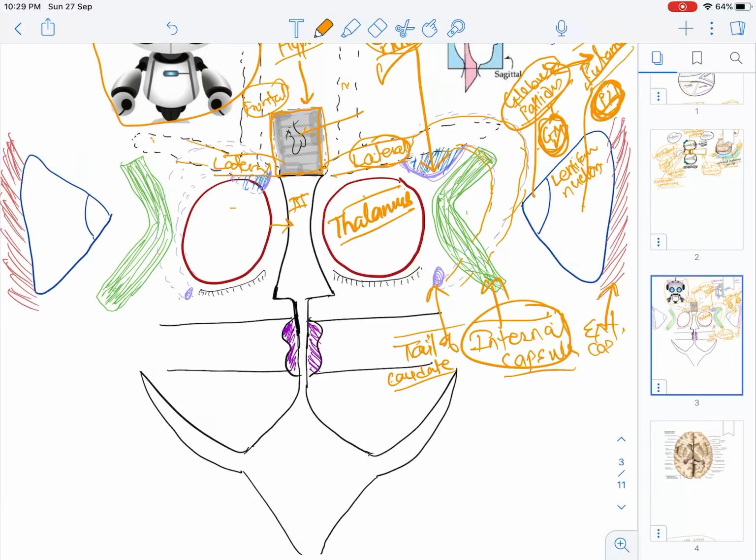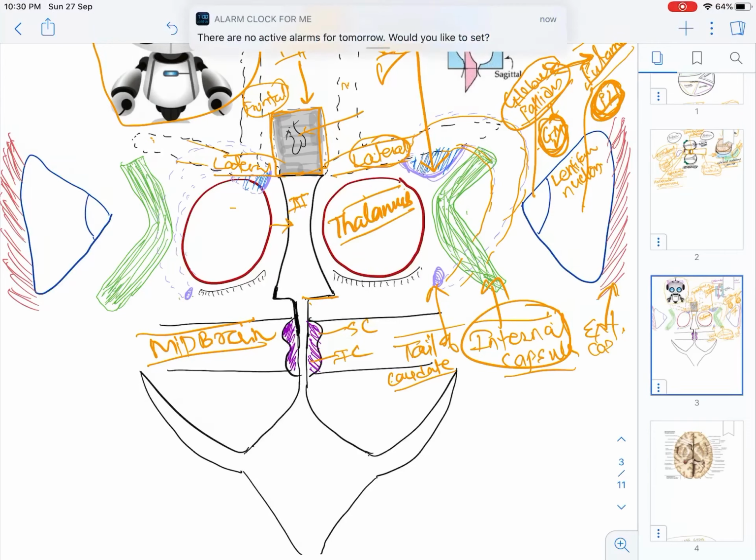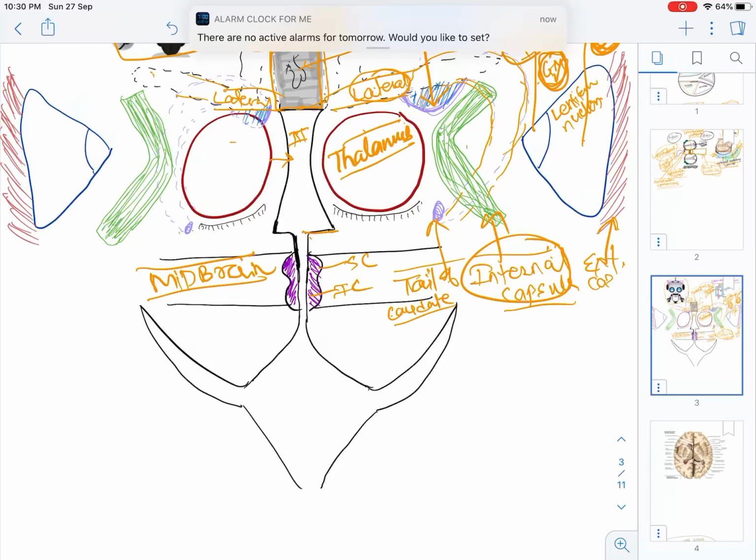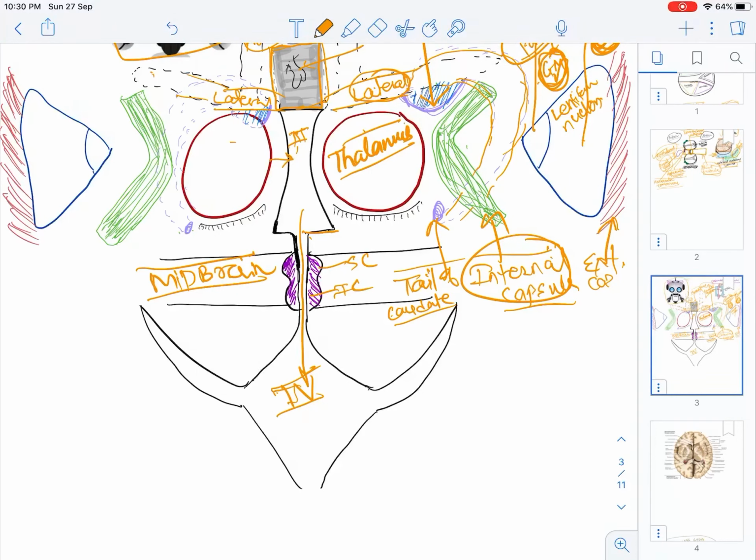Now as we go from above to below, this was the third ventricle, then this is the midbrain. Of course, I have drawn this structure. This is the superior colliculus, this is the inferior colliculus of the midbrain. Then this is the fourth ventricle. As we know, this is the third ventricle, it will open below into the fourth ventricle, and these are again extensions of the fourth ventricle. Here are the foramina of Luschka and Magendie, which are of the fourth ventricle. We will cover it in the ventricle video.